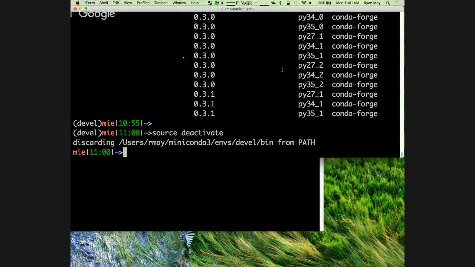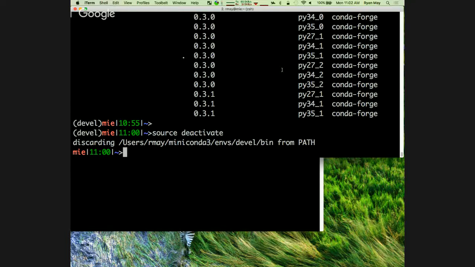Okay, so that's how we turn off the environment. I noticed you didn't put a name after source deactivate. No, you just say source deactivate and it'll deactivate the current environment. So there's no way to have multiple? You can source activate a different environment, but you can't have multiple environments activated at one time. You can absolutely go to different shells, though, and I will have about 10 tabs open on my terminal, with different environments in each one often.